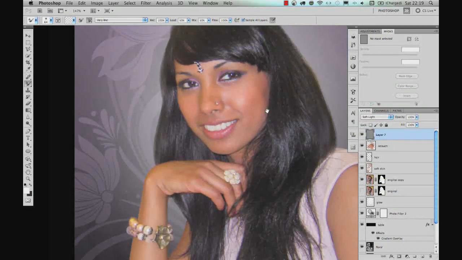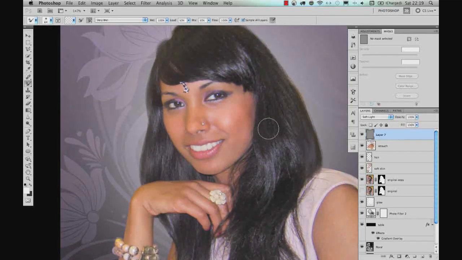Soft light blend mode will hide the 50% gray values, but if I start drawing with my brush onto this layer with white and black, I can add highlights and shadows just like with the dodge and burn tool, but non-destructively on a separate layer. I will use white on her face to add a little bit of highlight onto it, and then I use black on the edges to add shadows